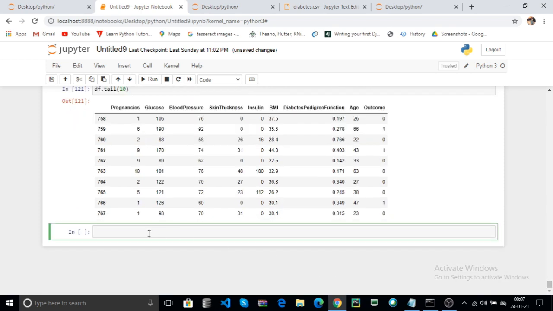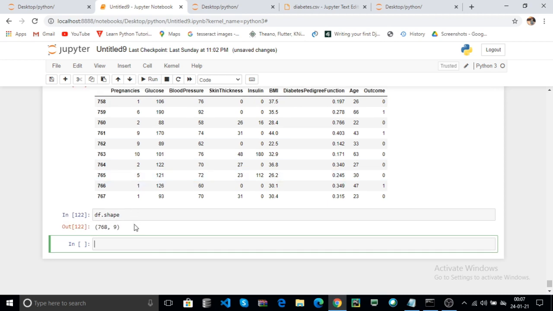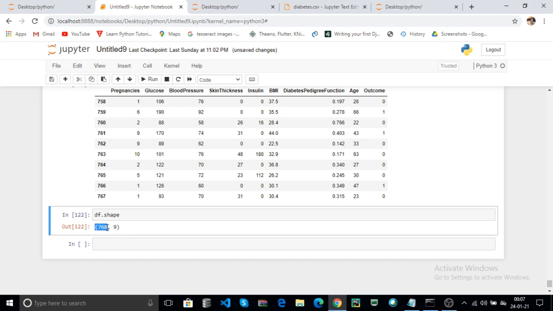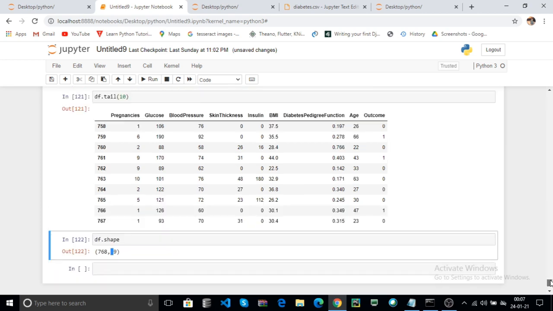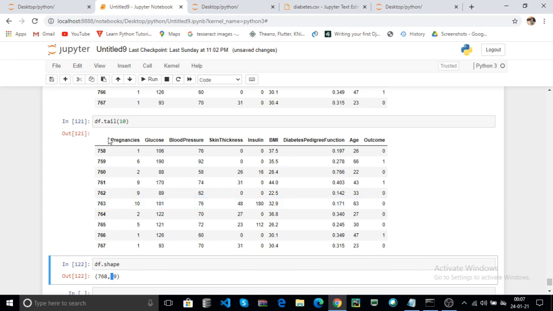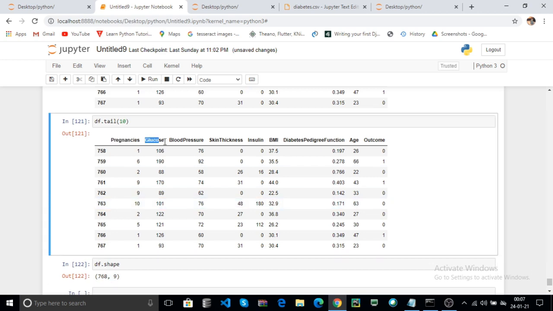Now what are the dimensions of your data set? You can use the data frame dot shape. It returns the first parameter as the rows and the second parameter as the columns in your data set. Here there are 9 columns in your data set.